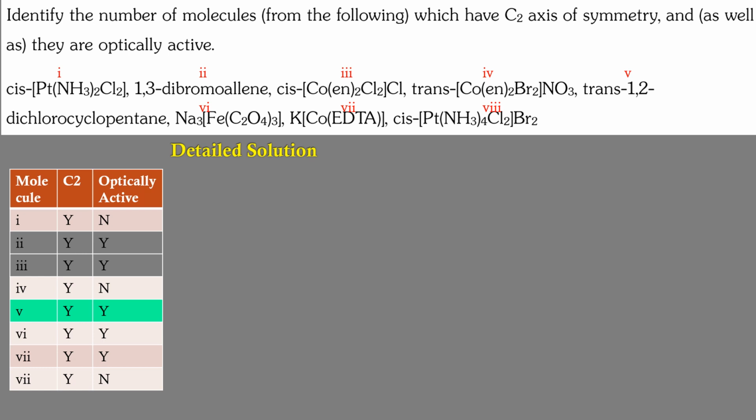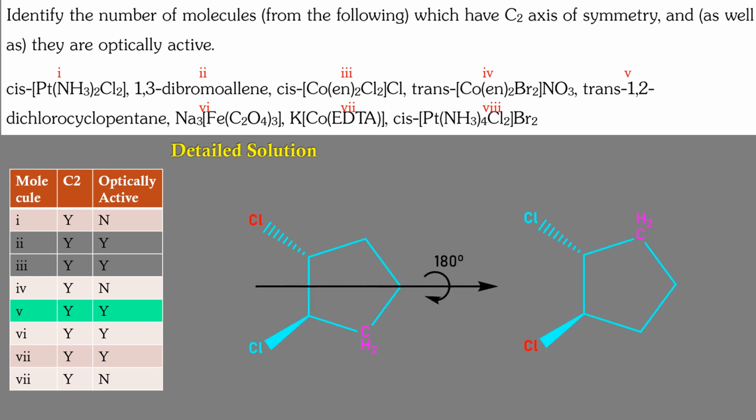tend to be relatively more symmetric in nature, and when we convert them into trans, they can go into a less symmetric state, as we can witness in this particular example. See here what is happening. So when we have the chlorines present in cis and trans fashions, now this molecule on its